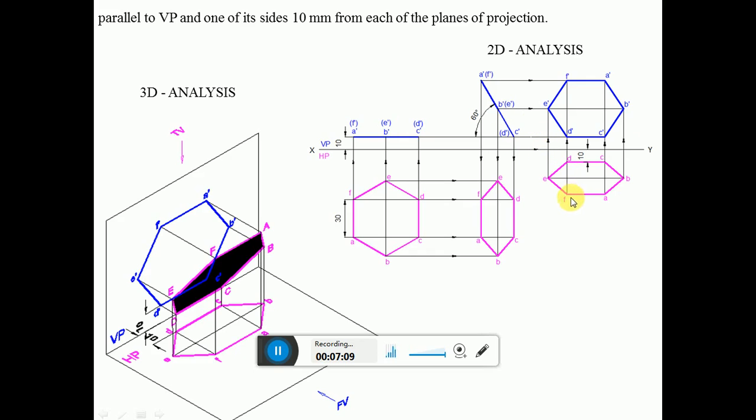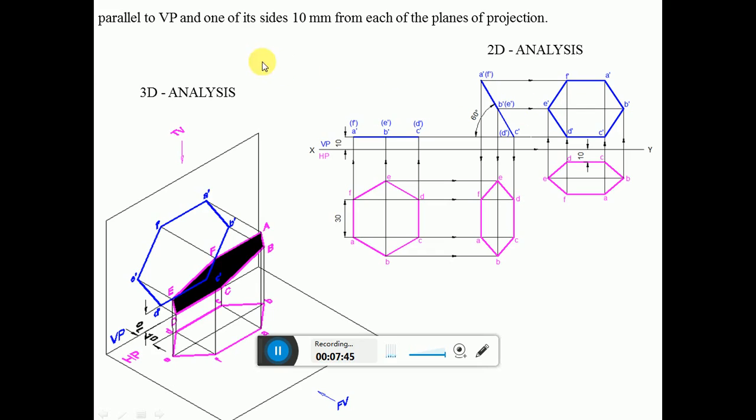Then draw a vertical projector from A and C, draw a horizontal projector from A dash to get this point A dash, and similarly from C you draw a horizontal projector to get this C dash. Then similarly draw a vertical projector from F and D. So you will intersect that point with D dash and also F dash. Then draw a vertical projector from E and B and draw a horizontal projector from B dash and D dash to intersect at this point B dash and D dash and draw the complete hexagon.